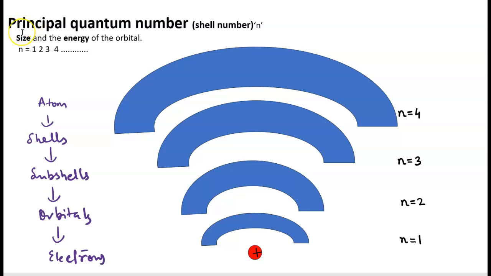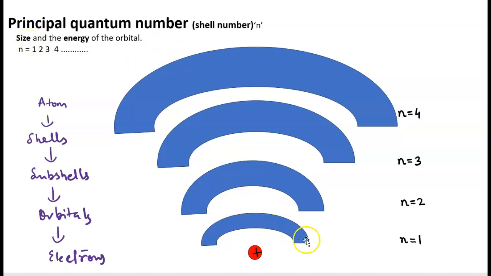So the first quantum number which we are going to talk about is the principal quantum number, which tells us about the main shell, or main energy level, in which the electron is present. You can see that this is an atom. Half picture of an atom is shown, and here is the nucleus, and these are all the main energy levels around the nucleus. And in these levels there are subshells, and in those subshells there are orbitals, and in those orbitals there are electrons. So we need to specify the electron by specifying